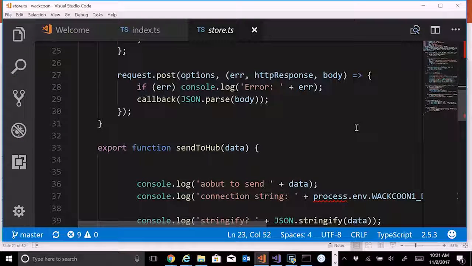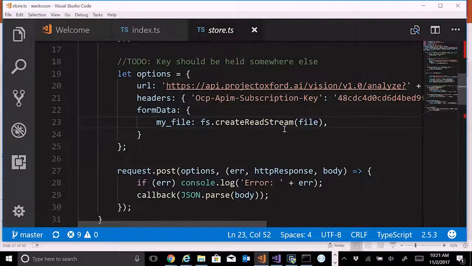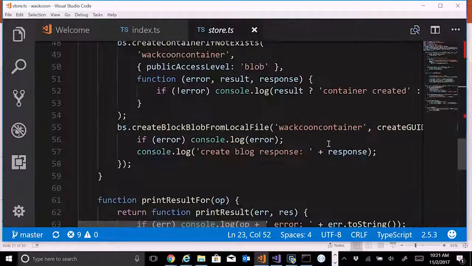All right. And then there's cats and there's other things because I told it to look for a bunch of different things. But you can see I'm sending up the file stream. And then down here,